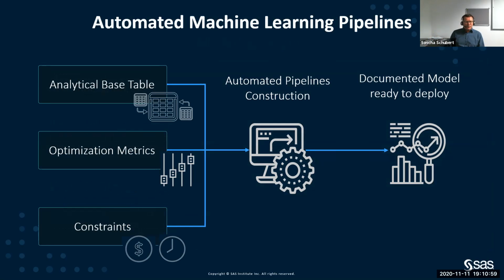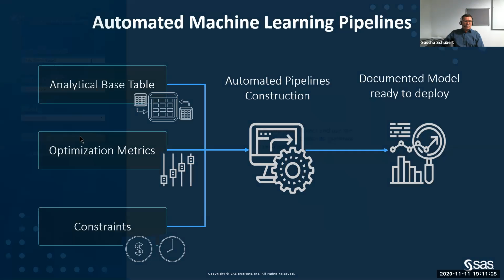Just provide your table and the constraints and the target, and the whole machine learning pipeline is built automatically, and it provides you with a report about which model works the best, what should be the champion model, but maybe also what should be challenger models that are working almost as well as the champion model